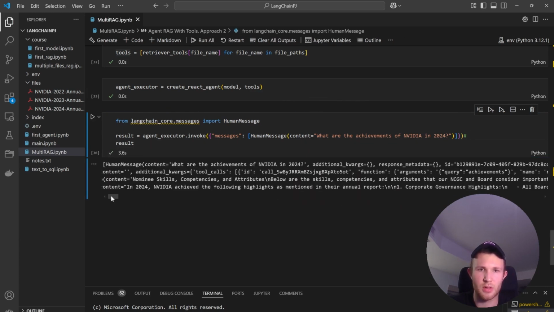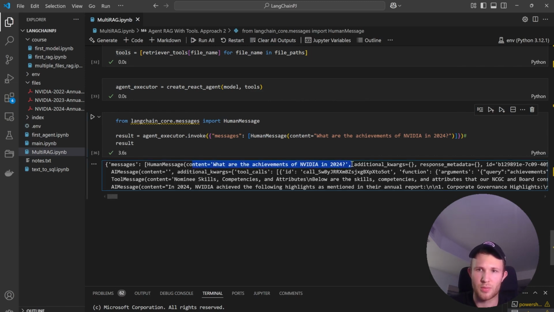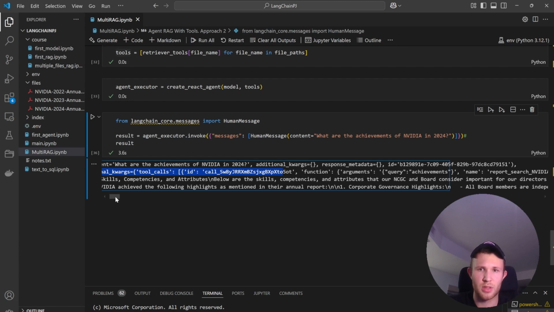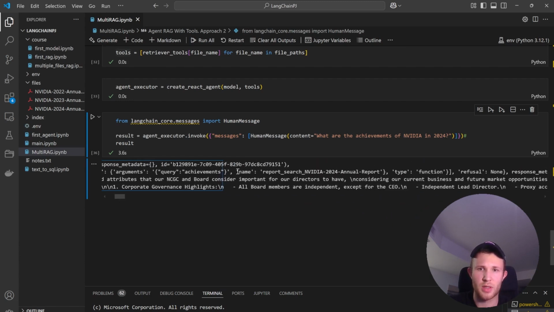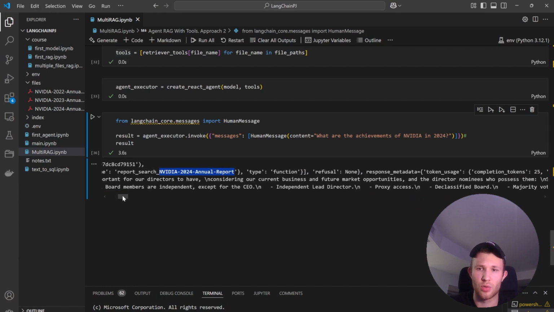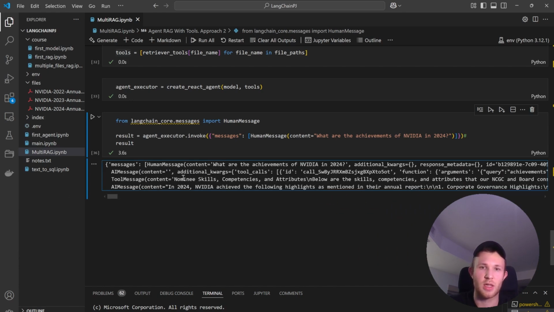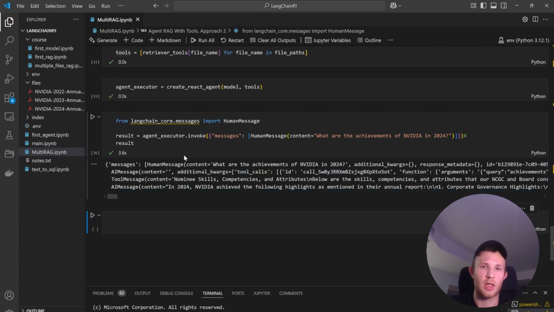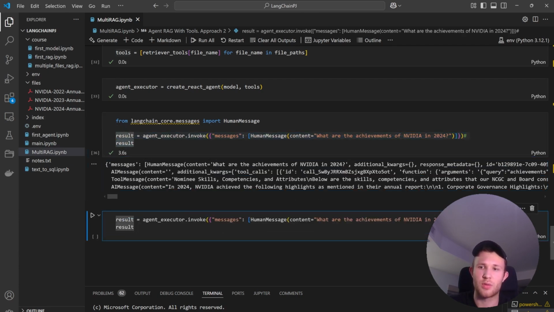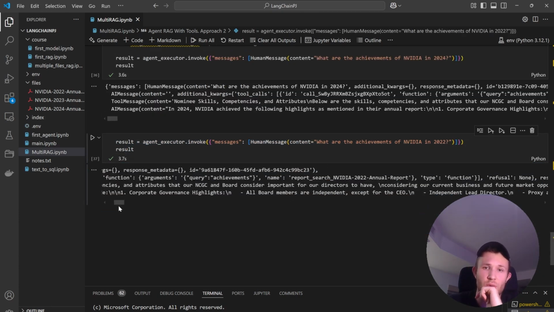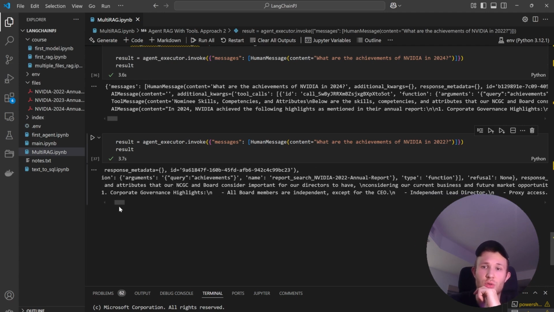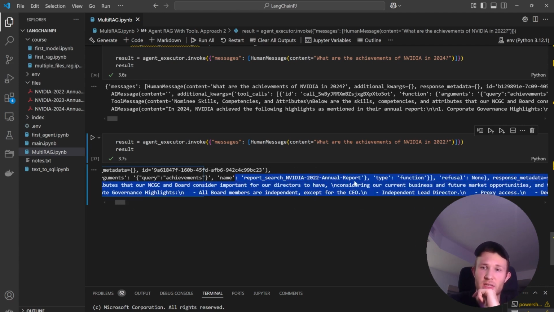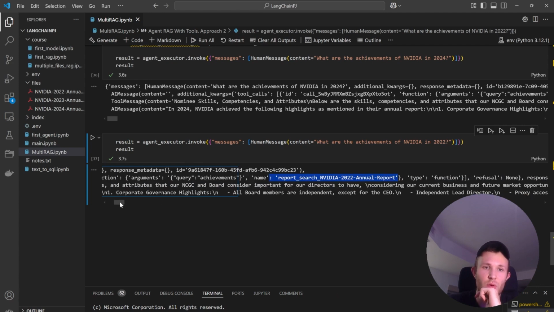So now you can see our prompt and the AI response, where AI decided to pick the report search NVIDIA 2024 annual report tool for us. And that is correct. That's exactly what should be chosen for our prompt. And then if you ask the same, but for 2022, the agent will select the 2022 tool. And that's exactly what it does. So it works perfectly